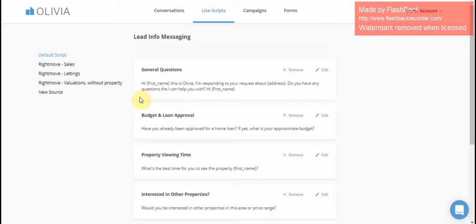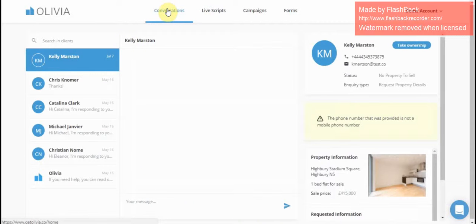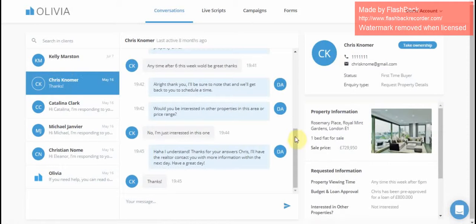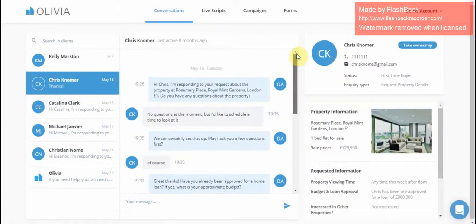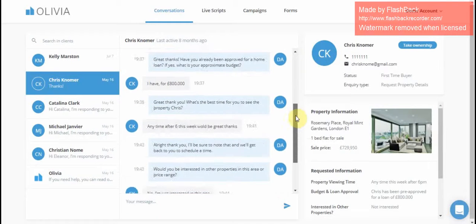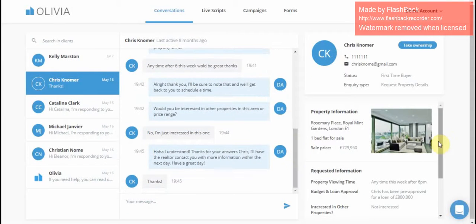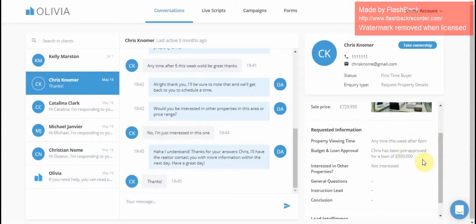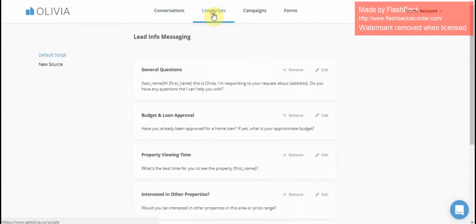Now, once our agent has used your script to speak to a lead over SMS, we'll pull this conversation in real time into your dashboard. This is a demo account, so you'll see this happening in real time as the conversation goes on, and we'll sum up all the information from the scripts just down here. I'll go more into this conversational dashboard in another tutorial, but essentially the starting point of our system is to create